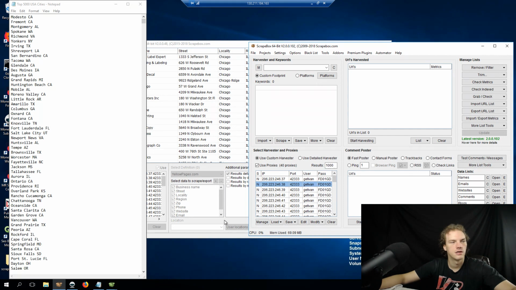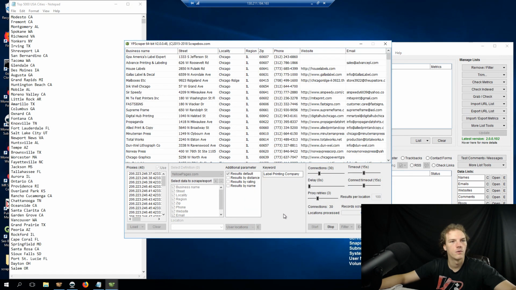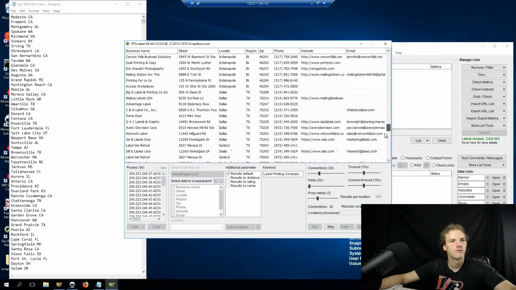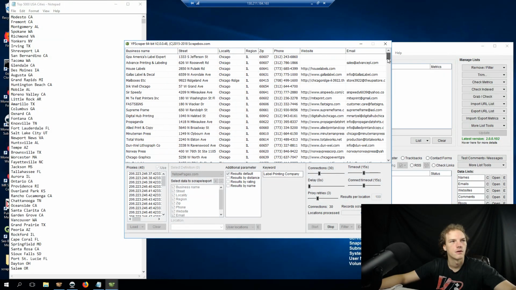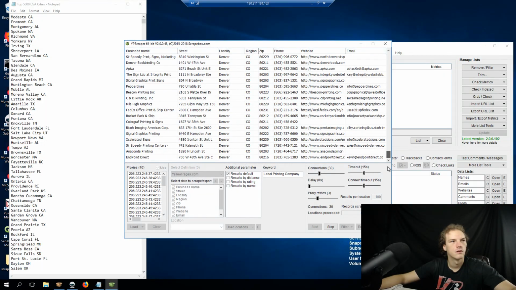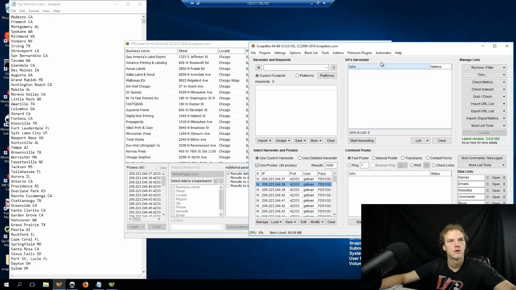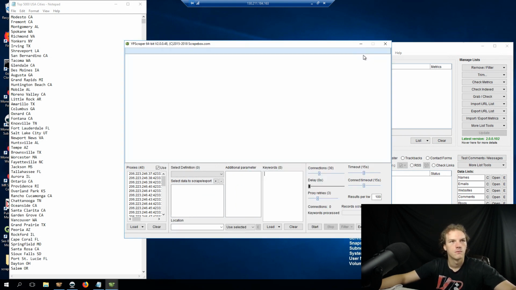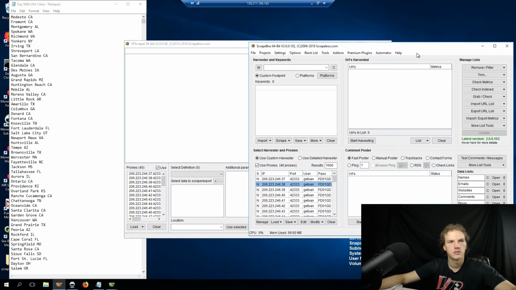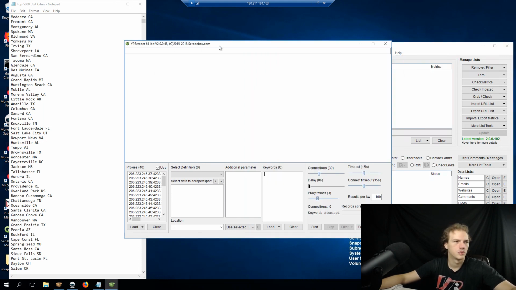So here's an instance that I already have going, and it's got a pretty good number of records already in there. And so let's go over the settings here in YP Scraper, and then we'll get started. So opening up Yellow Pages. And by the way, I'll tell you about the VM after I tell you about the scraper here, but you open up that premium plugin, YP Scraper, go over to